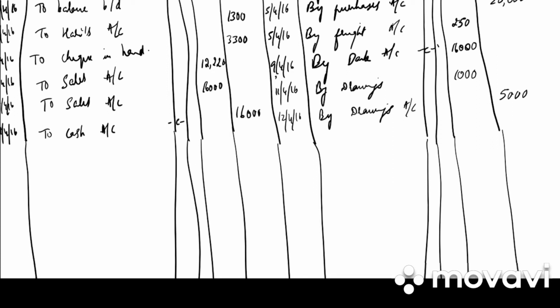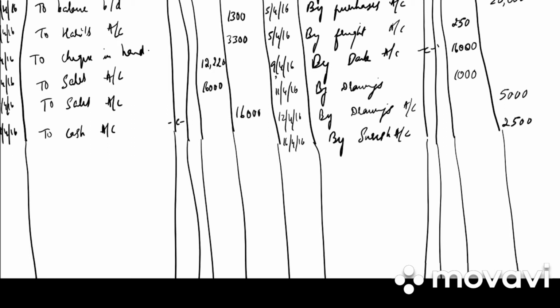Then goods purchased on credit will not be in your cash book. It will be in your journal. Then we have paid to Suresh by cheque on 16th April. By Suresh account 2,500. Next we have received a cheque from Ajay not banked. So this will be written in your journal entries, that is cheque in hand to Ajay's account. Next entry we have cheque received from Ajay endorsed to Vijay. So Vijay's account to cheque in hand. Both will not be written in your cash book, but it will be written in your journal entry.